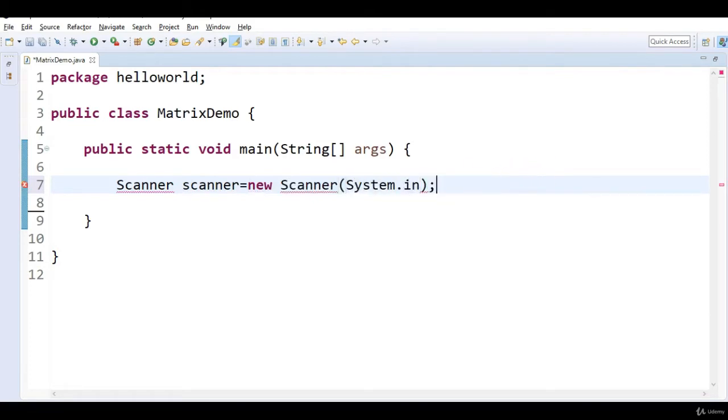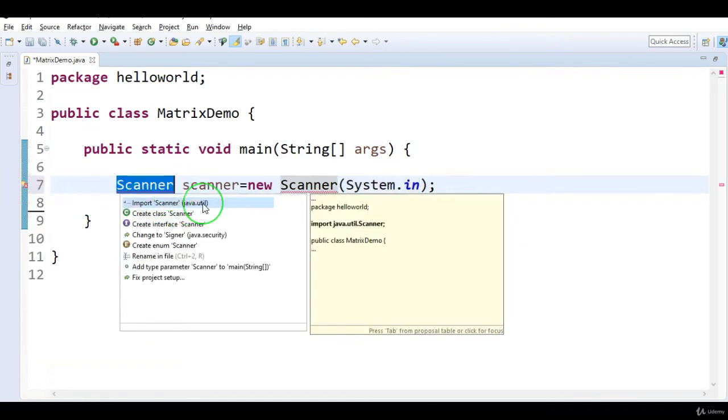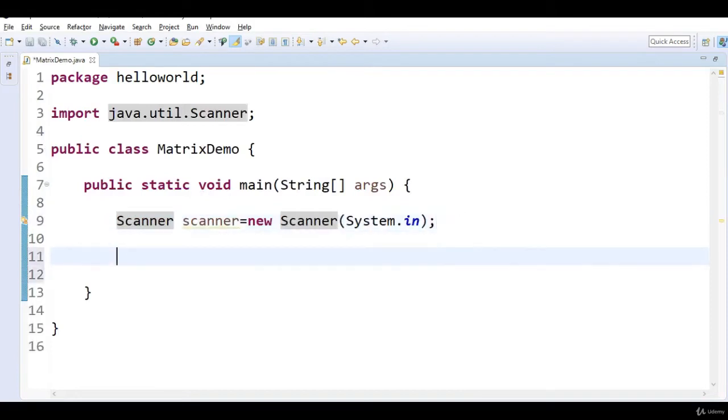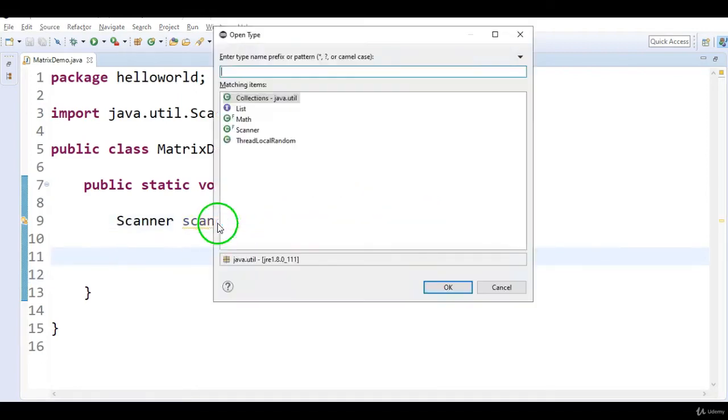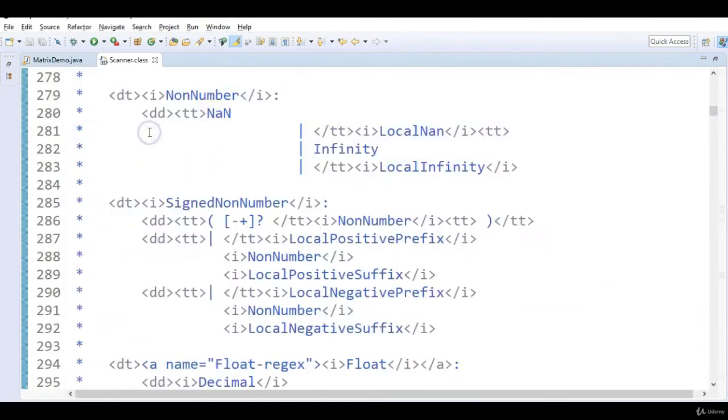This System.in is used to read the input from the keyboard. Since we don't have the Scanner, I'm importing it from the java.util package. This Scanner is used to parse the incoming data which is read through the command line.